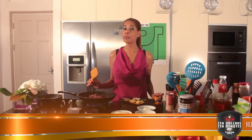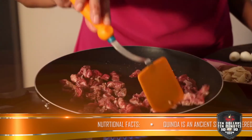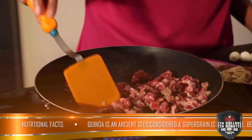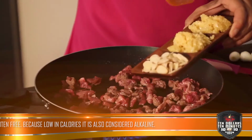So let's start cooking, darling. I'm gonna turn the burner on a very high flame, and because this is skirt steak and it has a lot of fat in it, I'm not gonna add any olive oil or coconut oil. Add half a tablespoon of garlic,